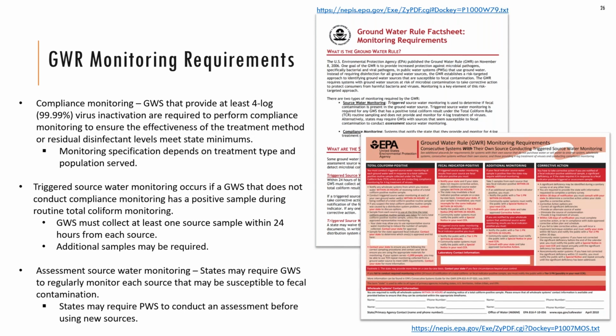EPA also has 5 fact sheets which provide monitoring and reporting requirements under the groundwater rule. These placards can be customized to include laboratory contact information and state primacy contacts, and can be printed to remain somewhere that is visible at your treatment facility. Again, these will guide you through what to do if your routine sample tested positive, what compliance monitoring or triggered source water monitoring actions you'll be required to do, and who to contact and notify depending on the sample results.